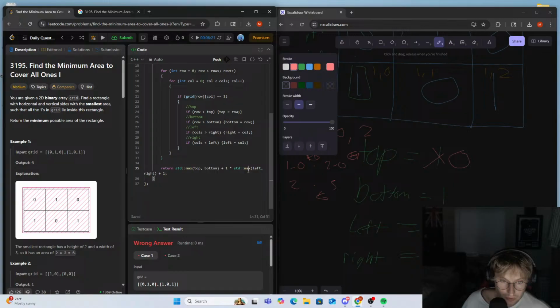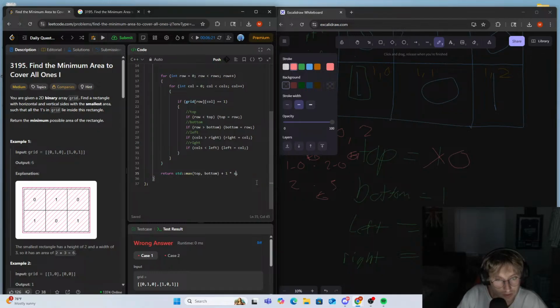I feel like we don't really need to call max here. I feel like there's a better way to do this. I don't think we need this actually. I think we can just do, well, our bottom's always going to be bigger, so we can do bottom minus top plus 1. And then edit row. And then probably do 1